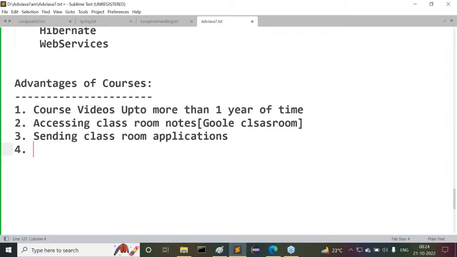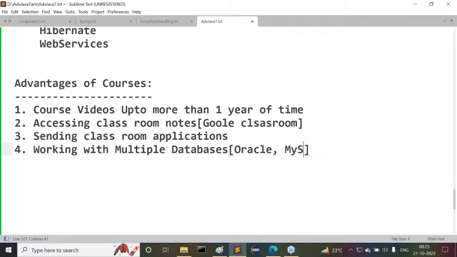Next, guys, an important thing I'm telling you: working with multiple databases. It's not just one database. Working with multiple databases. What databases are we going to use mainly? You can understand it: Oracle mainly. Next is MySQL. Next is Post